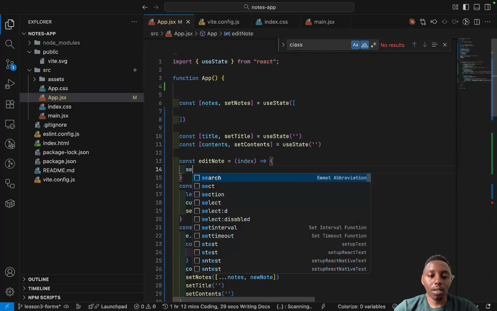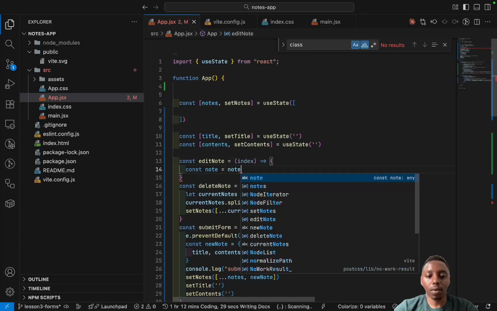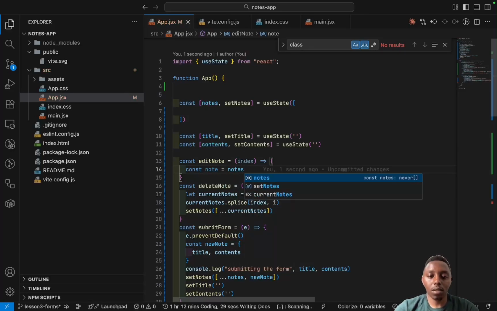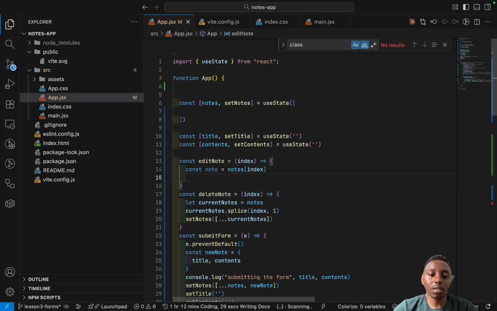So we are going to say const note is equal to notes, and then on the actual notes item we are going to say give me the note at that index,